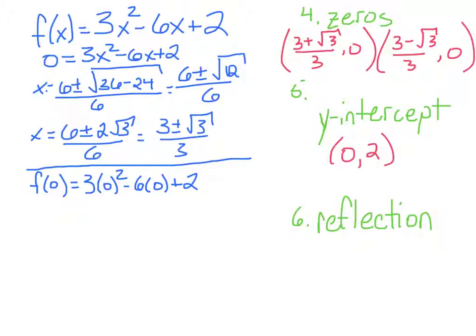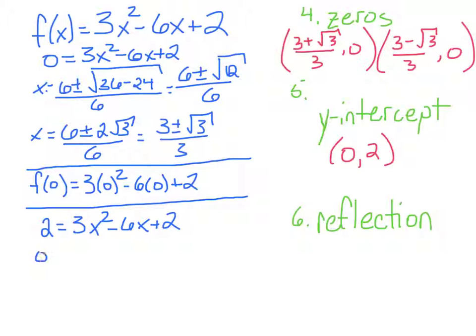So same kind of idea here. If y is 2, then we're going to substitute that in for f of x, and so you're asking yourself the same kind of question. When y is 2, what are the x values? Now you got to get this set equal to 0, and when you subtract 2 from both sides, those are going to disappear, and so what you're going to have is 0 equals 3x squared minus 6x. This is always going to be something nice and easy to factor, so I'm going to take an x out of,